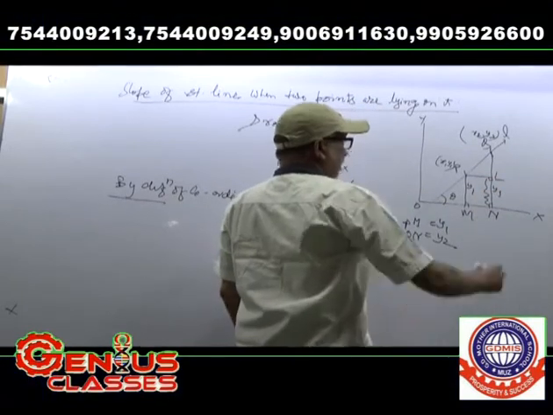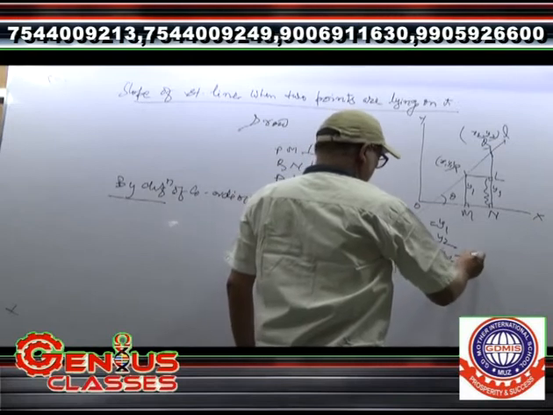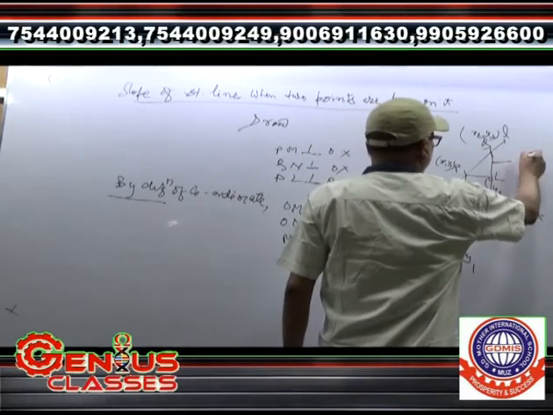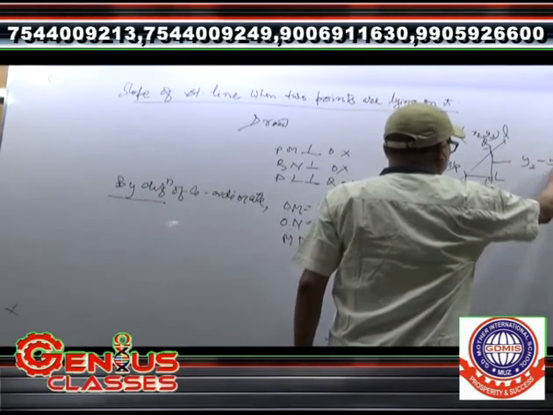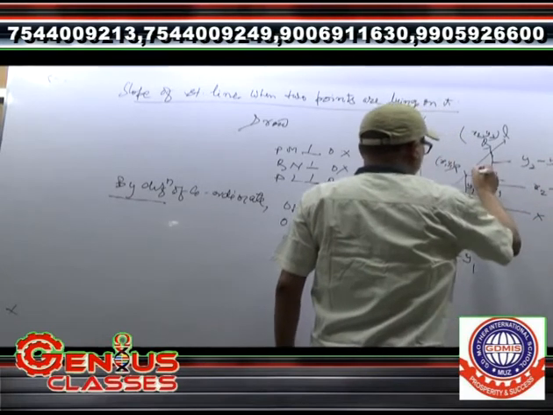QN is equal to QN minus LN, यानी y2 minus y1. So this gives y2 minus y1 and this gives x2 minus x1. और ये थीटा,